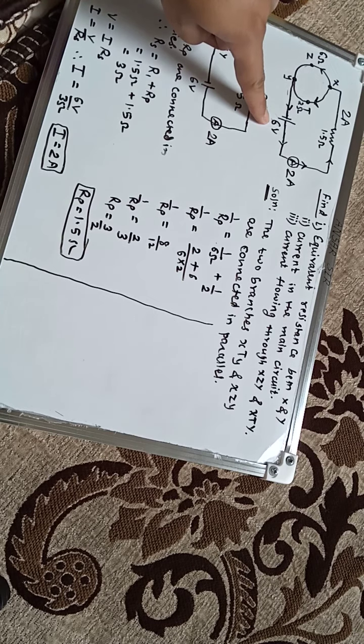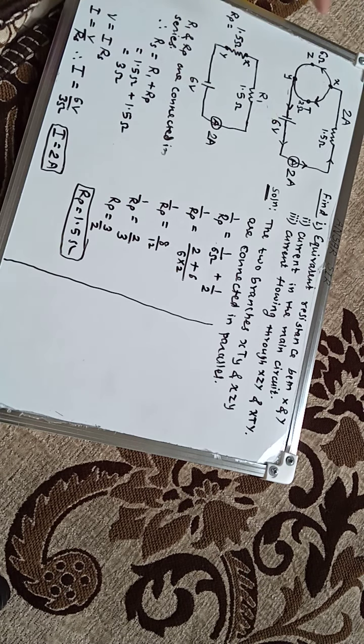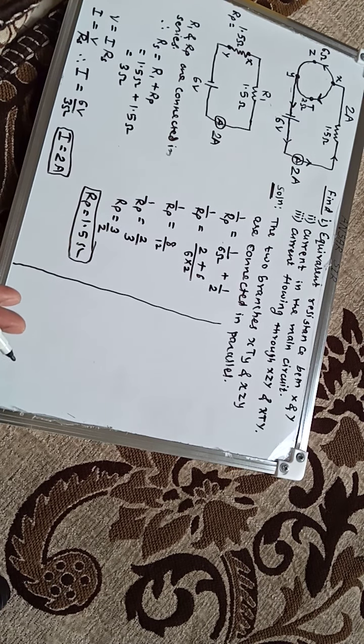See, this is a 6 volt battery cell. So it will supply 6 volt, and here it will spend 3 volt, and here it will spend 3 volt. So in this parallel combination, 3 volt will be spent here and 3 volt will be spent here. It's a little bit difficult to understand. If you find anything difficult, tell me, I will explain further in detail.